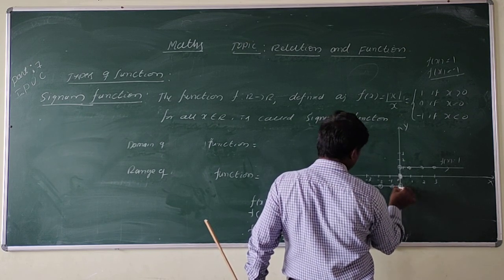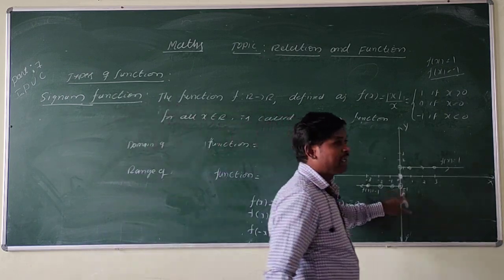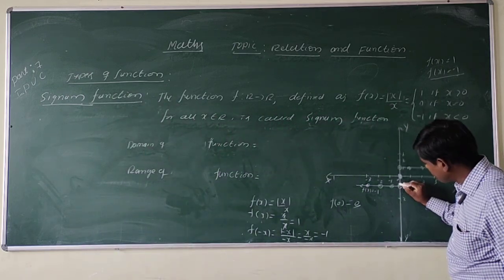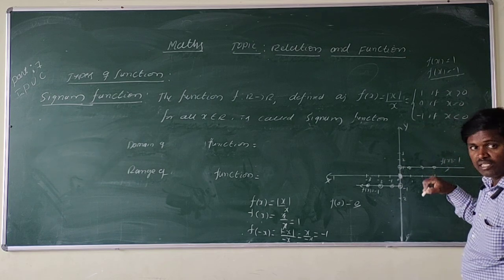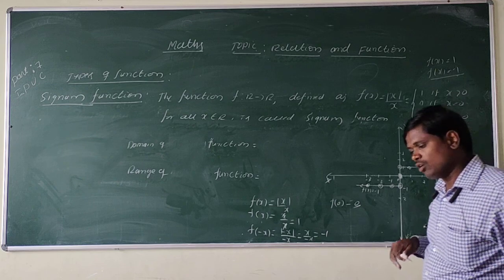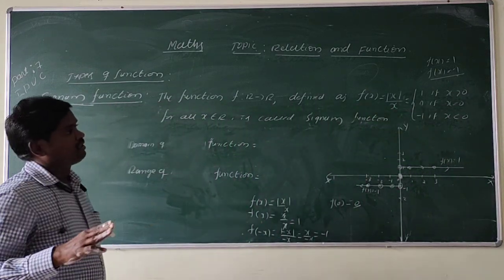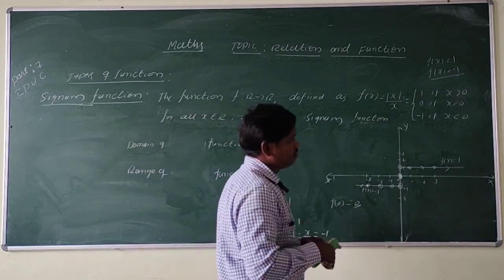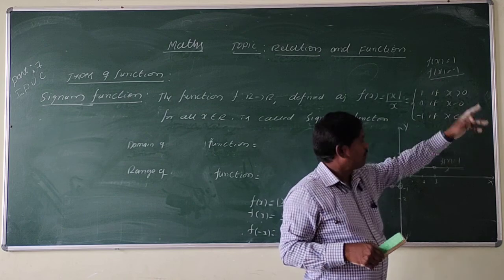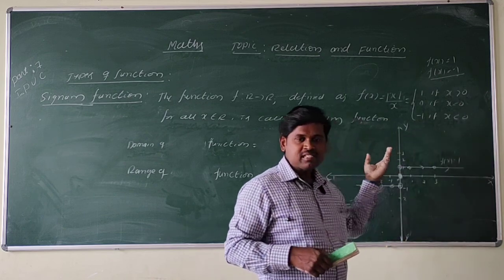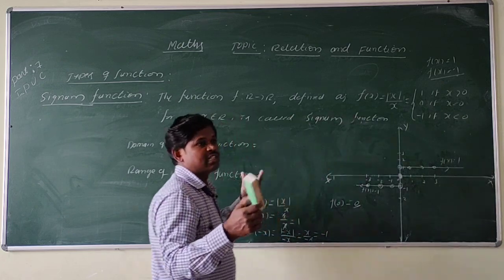Okay, so open circle. That means this is not touching the y axis. Just we take an open circle here. Here also open circle. Here this is a closed circle, that means including the 0. So what about the domain and range of this function? So see here, domain is the set of all real numbers. In this case I am taking greater than 0, positive real numbers. In this case I am taking input as negative real numbers. In this case I am taking 0. That means the set of all real numbers.